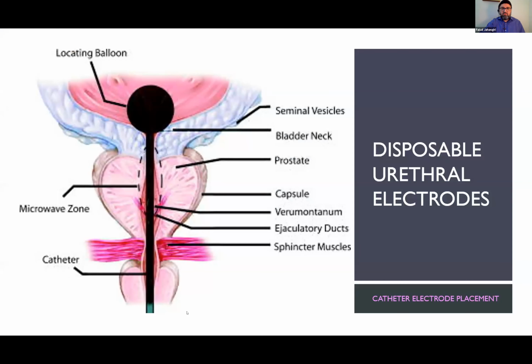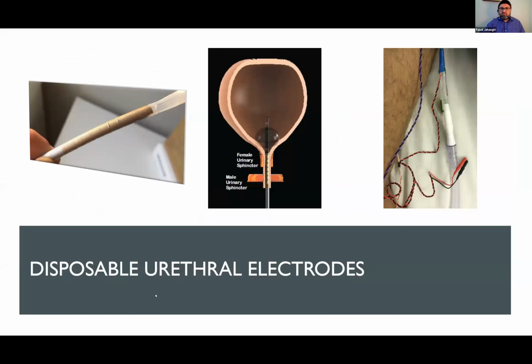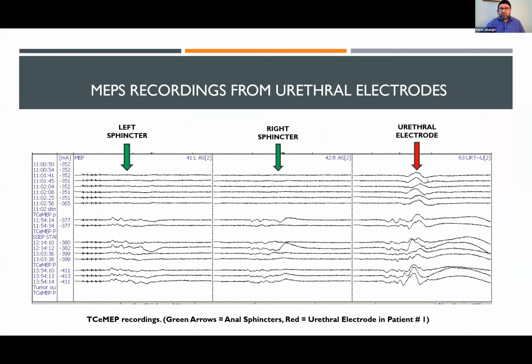When we place these electrodes, they are in contact with the external urinary sphincter of the bladder, and the muscles for male and female are at different locations. Male is more distal, female is more proximal, but you can do direct recording. If you look at the picture on the left side, it's the printed electrode, and on the right side, this is plugged into the patient. We have a bipolar electrode, and we can just plug it into the amplifier box as anode and cathode.